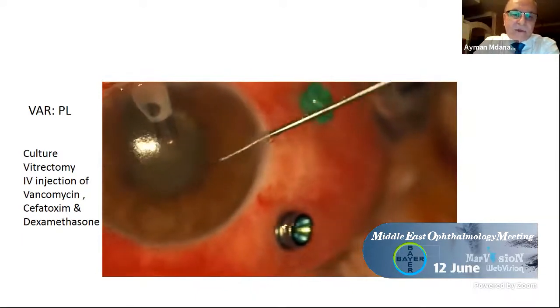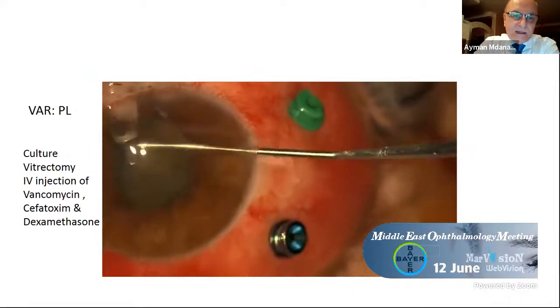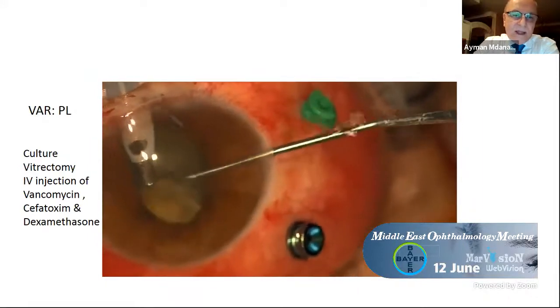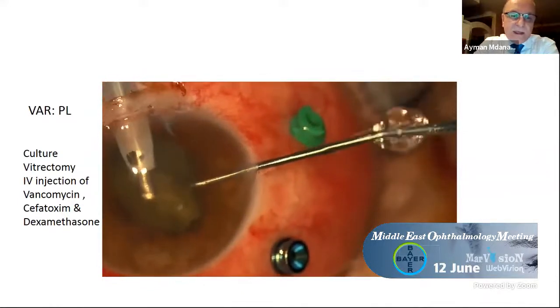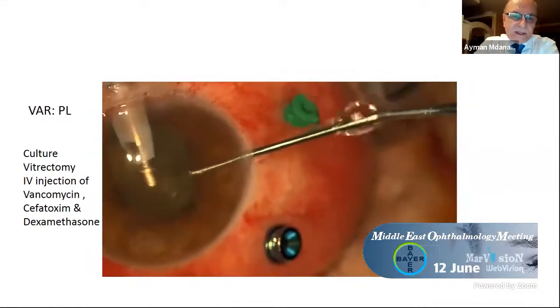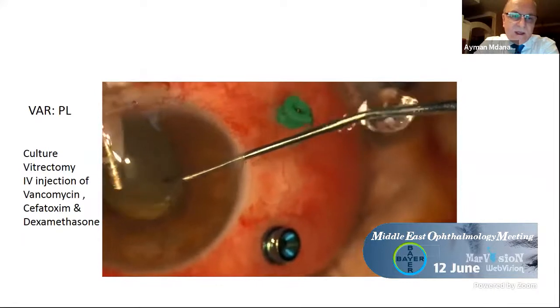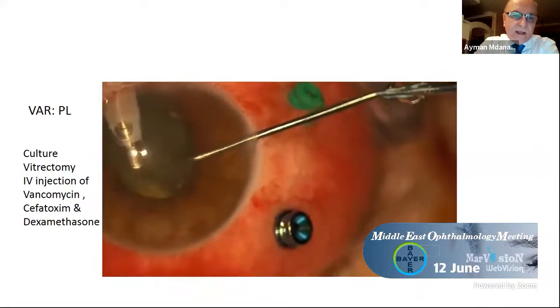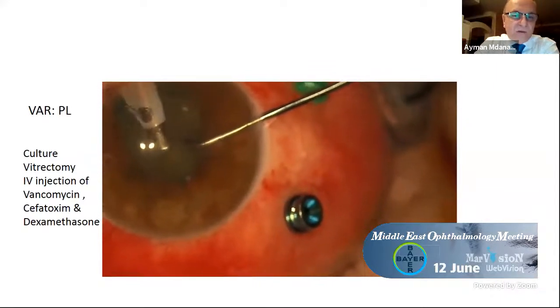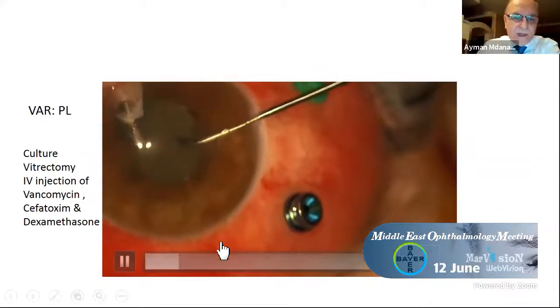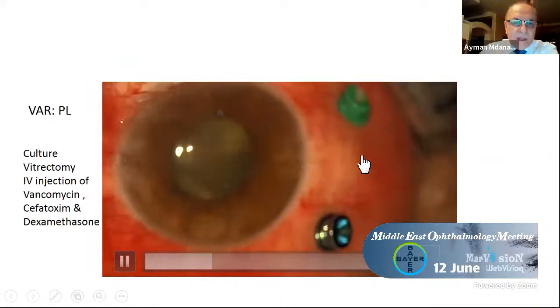The lens was a little bit hard, and in fact, it was totally opaque, and it was not an easy surgery, especially when you are lacking the red reflex, but we managed to remove the lens completely, and we cleaned